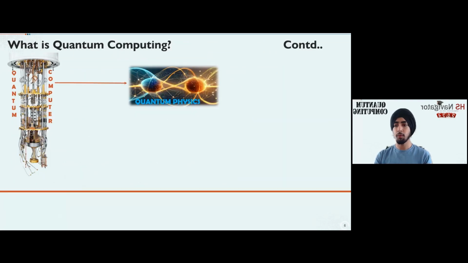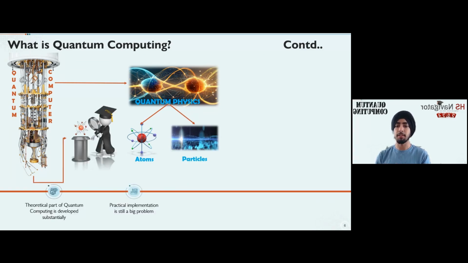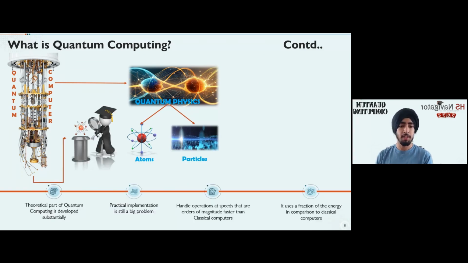So what is quantum computing in general? Quantum computing follows a science based on atoms and particles, like we were mentioning before. The theoretical part, the quantum physics side of things, has been developed substantially. It's been a field of research ever since Albert Einstein, and it's been moving forward ever since. But the practical implementation, actually making quantum computers and doing stuff with that research and science, is still a big